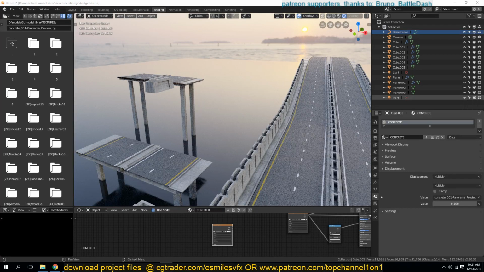Welcome to another Blender 2.8 tutorial. This is the explanation to my previously uploaded video of making this bridge scene in Blender 2.8. The reason I'm making this kind of format, where I upload a time-lapse video and later upload the explanation, is that when I'm making this type of scene, I usually want to concentrate on the